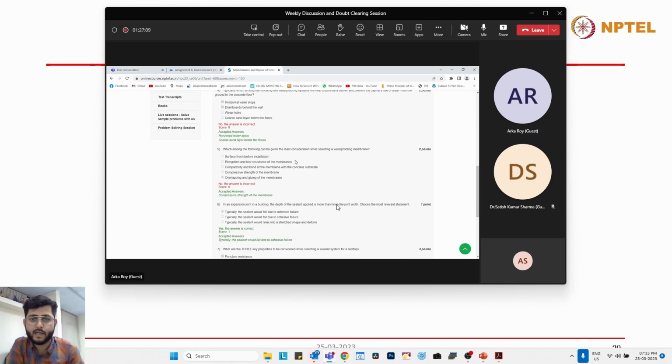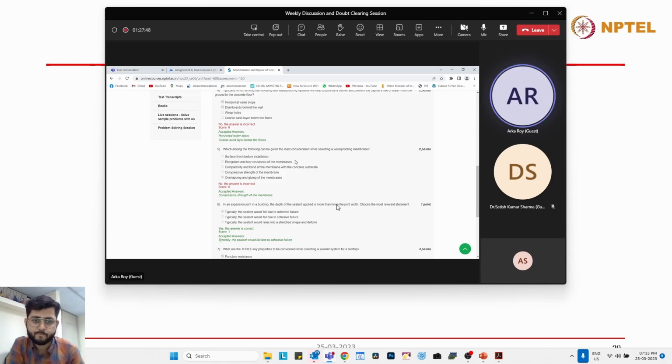While selecting a waterproofing membrane, you have to select the material. The fifth statement is related to the application, the process, or the workmanship rather: overlapping and gluing of the membranes, right? That is related to the application, and so it can be prevented if you have good workmanship. But while selecting the material, what needs to be taken into consideration? Does compressive strength need to be taken into consideration? Is it very much required in a surface coating?